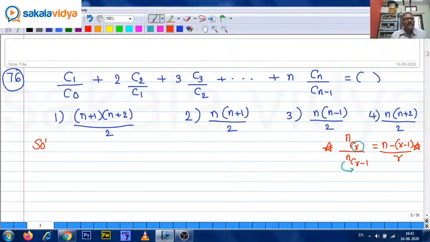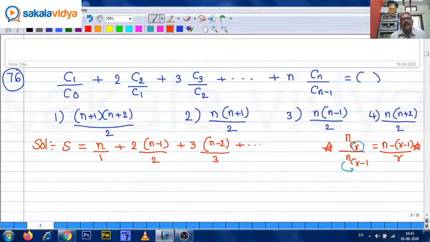Solution. It's a complete series. S equal to C1 by C0, this is nC1 by nC0, n minus 0 by 1, n by 1, plus 2 times we can write n minus 1 upon 2, plus 3 times n minus 2 upon 3, plus so on, plus n times, here see n minus n minus 1, this is nothing but 1, n times 1